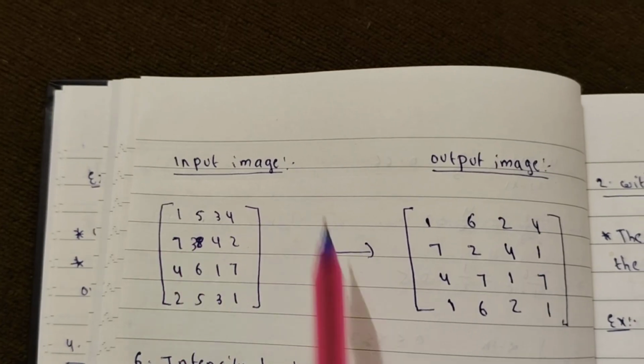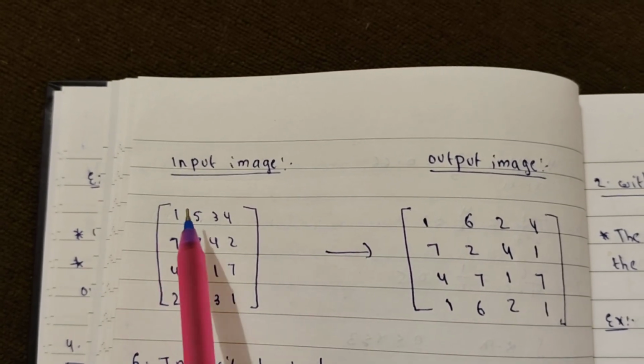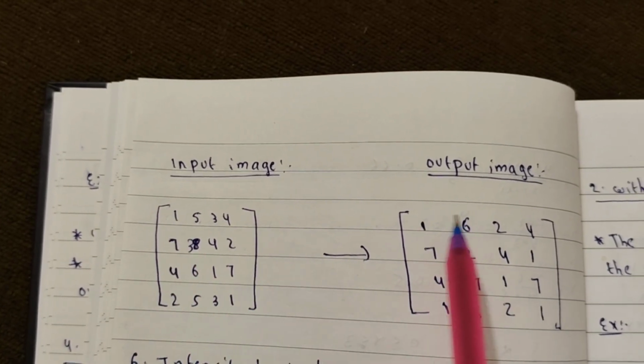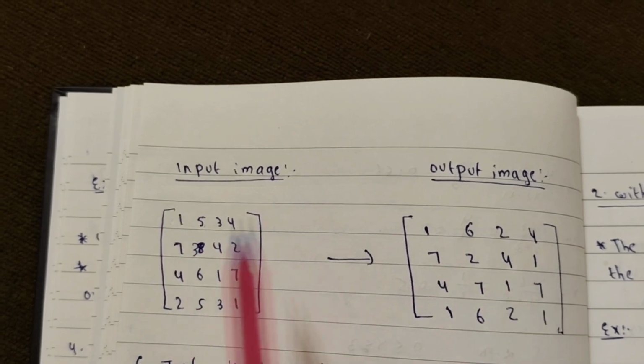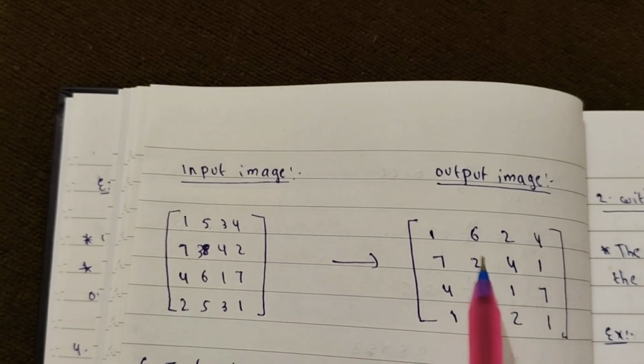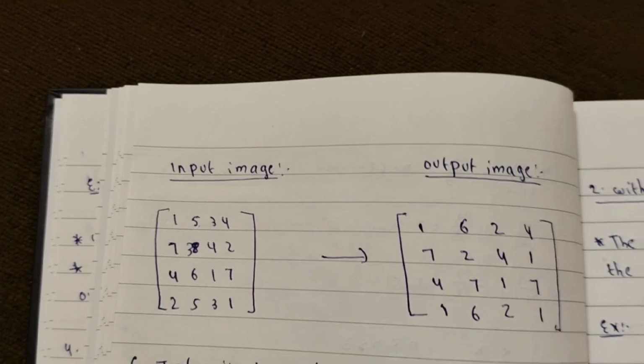For example, for 1 we have calculated it as 1. For 5 it is 6. For 3 it is 2. For 4 it is 4. For 7 it is 7. For 3 it is 2. How we got this, you know, right? If you see here,